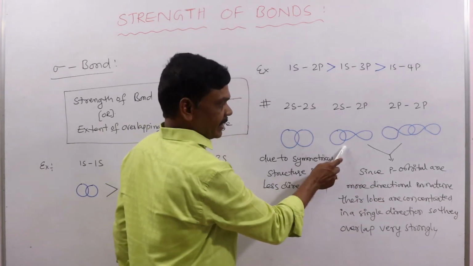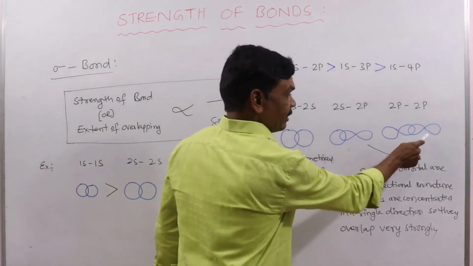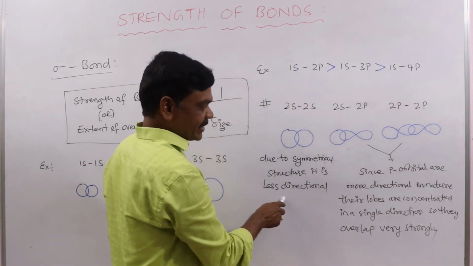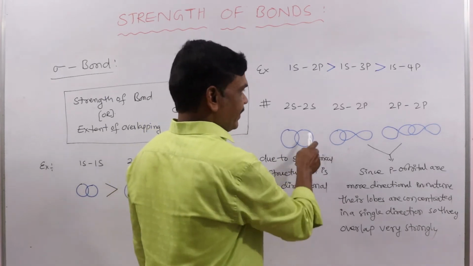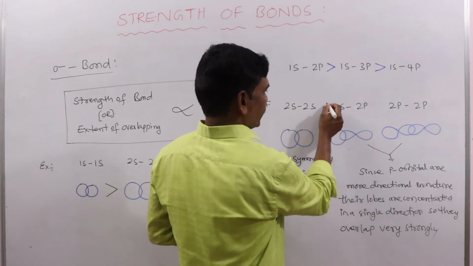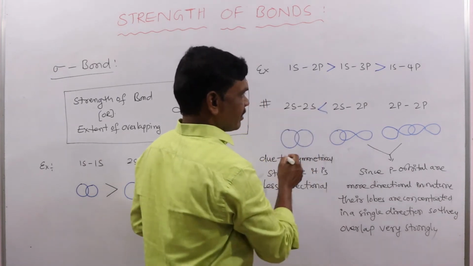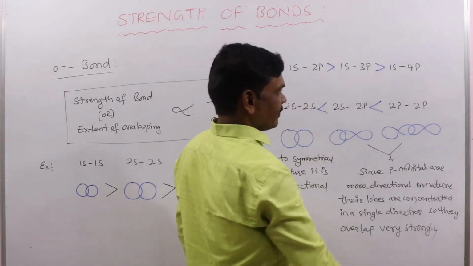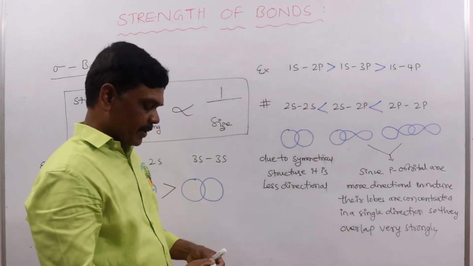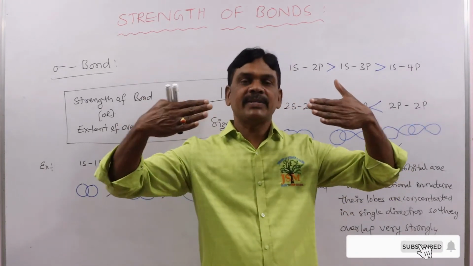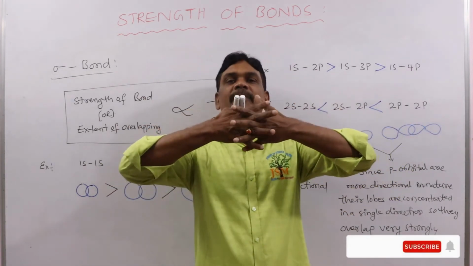So here it is sp and pp. Due to symmetrical structure, ss is less directional. So comparing these, which one is more strong? 2s 2s is less strong compared to 2s 2p, and 2s 2p is less strong when compared to 2p 2p. This is the reason. Between 2p orbitals, it is a linear overlapping. The extent of overlapping is more